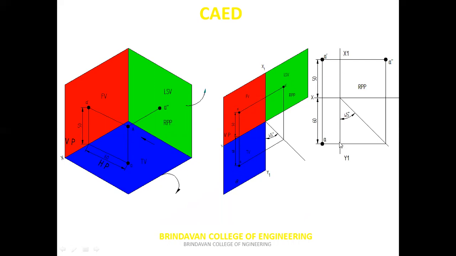So as I'm going to write in the sketchbook, here we are going to use an extra profile plane, that is RPP, at some distance from this top and front view. We are going to mention it as x1 and y1. Now remember this important thing: where there is a top view, we are going to draw a 45-degree angle line there. From the top view, we draw a horizontal line touching the 45-degree line and then project upward to complete the side view.